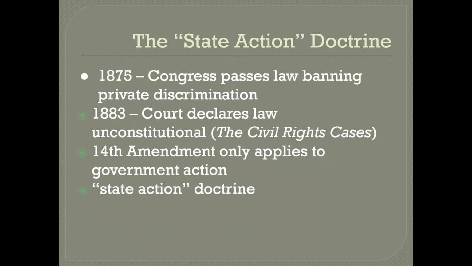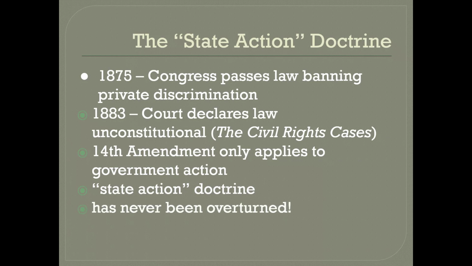Now, of course, under federalism, this left an interesting conundrum. According to the Supreme Court, the federal government had no power to ban private discrimination. Under our system of federalism, state governments did have the power to ban private discrimination because this would fall under their general police powers. But of course, it was many of the states, particularly in the South, that had no interest in banning private discrimination. In fact, they had an interest in encouraging it. So we reached a point where private discrimination essentially continued unabated.